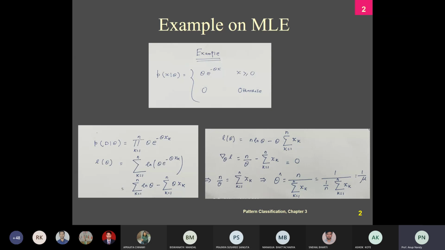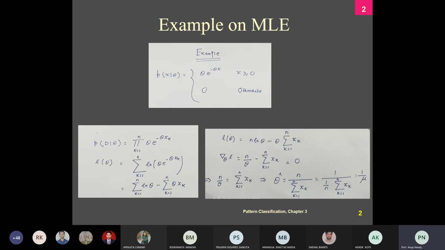Here we are not considering the class. Although it is a class conditional density function, we are assuming that these data are not dependent on the corresponding class, so it can be any data set. That is why we are ignoring the concept of the class and taking the entire sample. So why am I taking this product? Because the product is a combination of the density functions for all the classes.